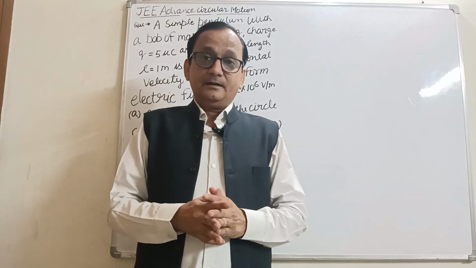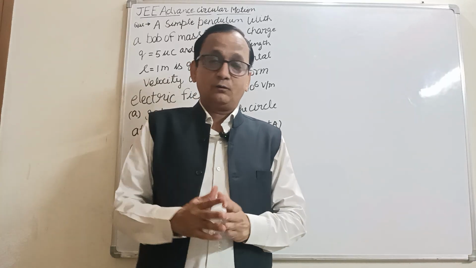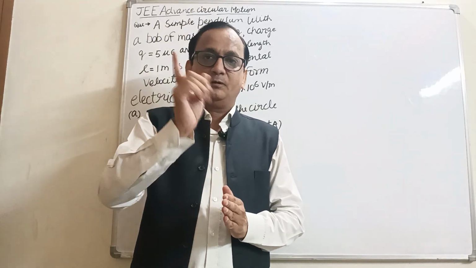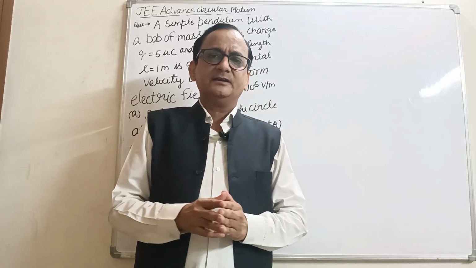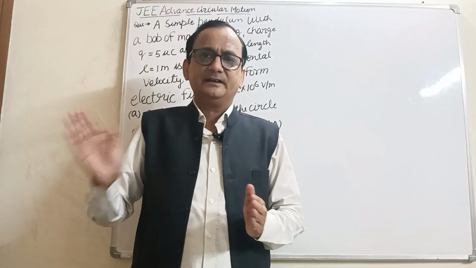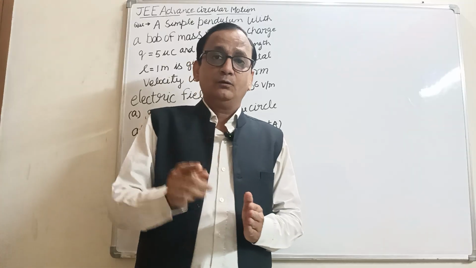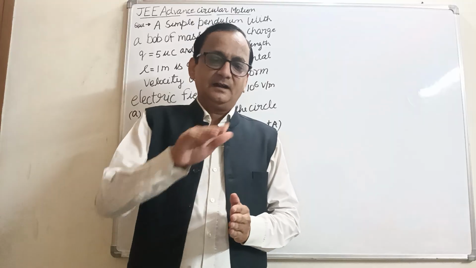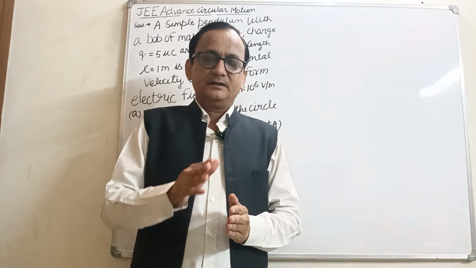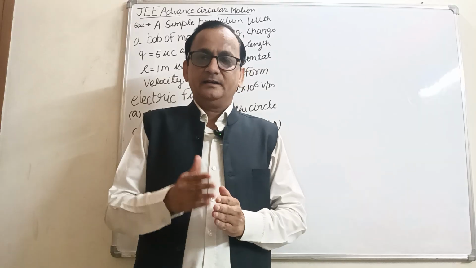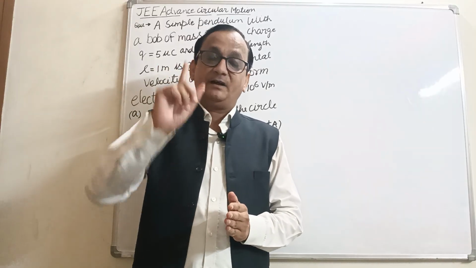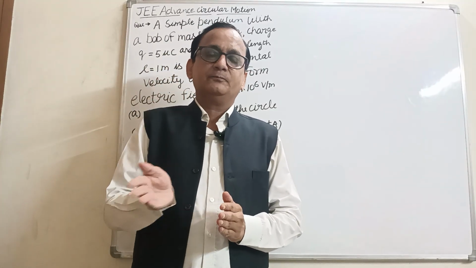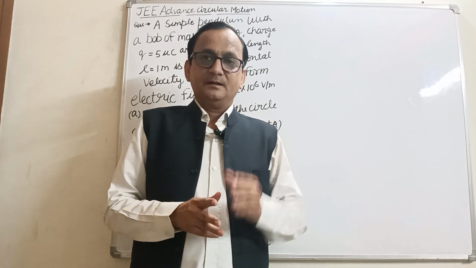When the bob is moving with a rod, the tension of the rod in the upward position would not be zero. The initial horizontal velocity we have provided for this would be root 4gl for completion of the whole circle. Here the tension at the lower point would be 5 mg, and in different scenarios the tension would be different. But at the top point, the tension would not be zero. This tension would be mg.